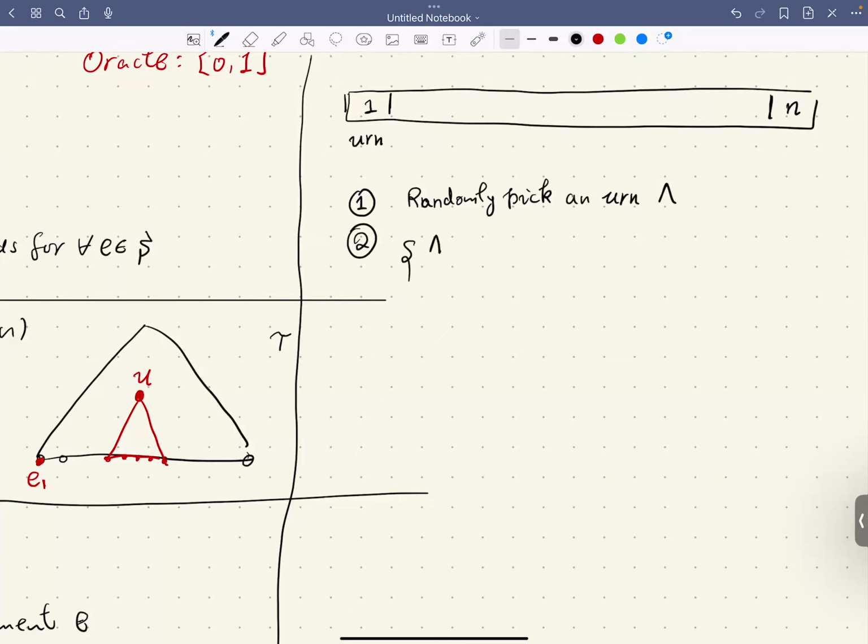So if lambda has only one element, let's say E, what are you going to do? You will return E. That's your sample. Nothing else to do. Return E. That's pretty cool, right? Well, that's the simple case. Now let's say it has two elements,